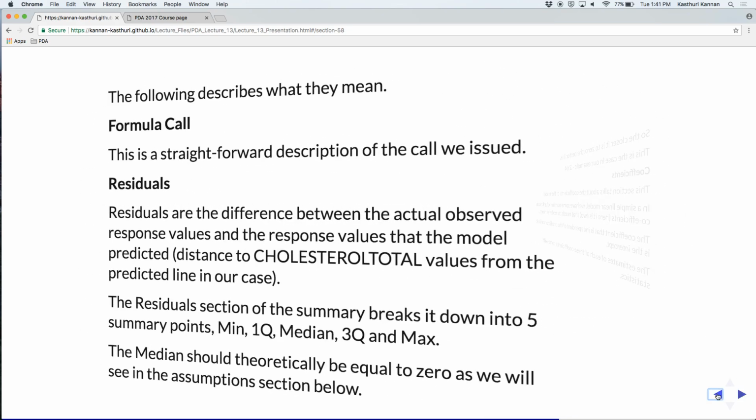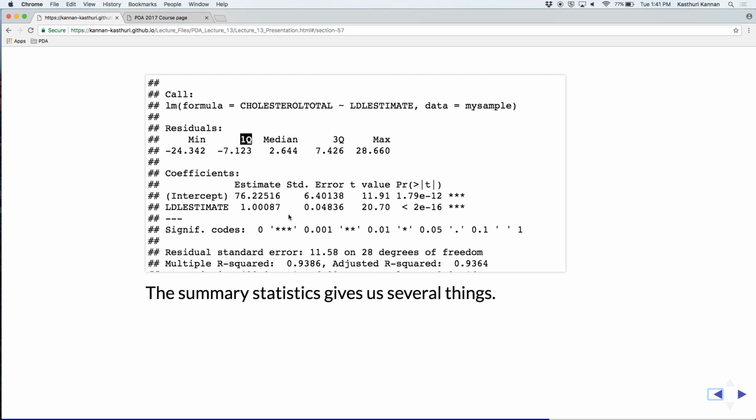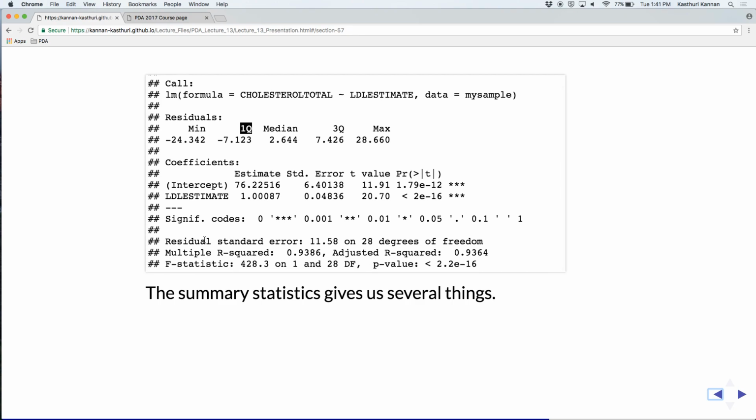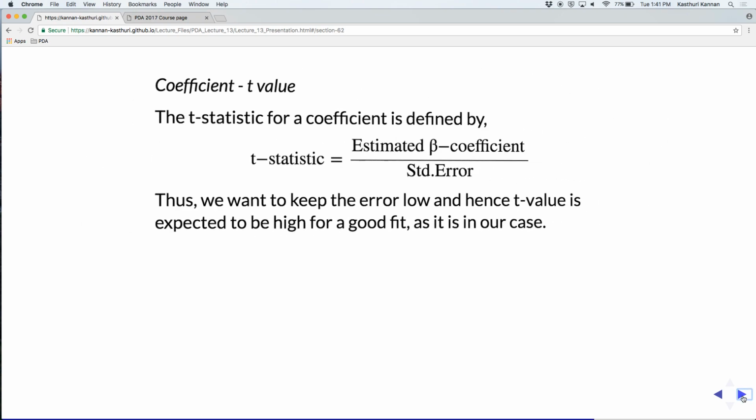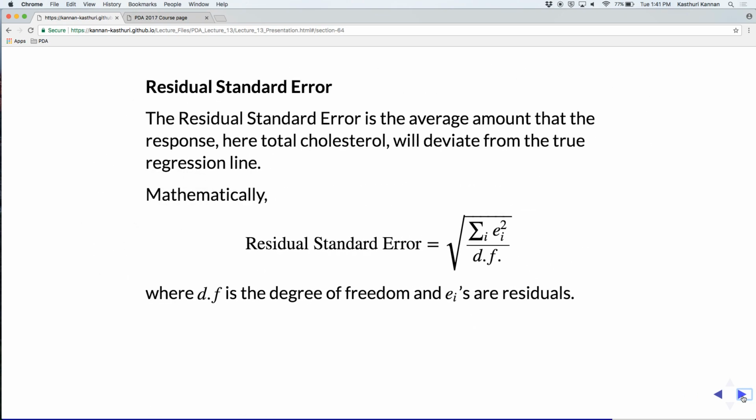And you have these codes. There are lots of coefficients. You can immediately look into these codes and see what they are. And then you have the residual standard error. You have the multiple R squared and F statistics. Okay, so let's see what those actually are. The residual standard error is mathematically the sum of all errors divided by the degrees of freedom. Okay, so the degrees of freedom,